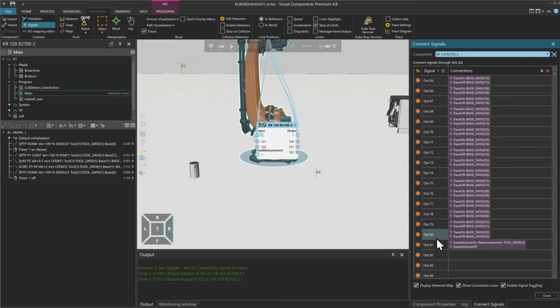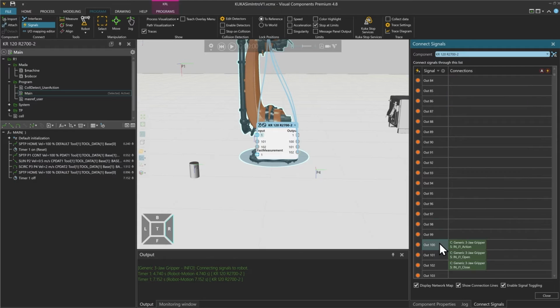And last but not least, the out 81 gives us the swept volume of the whole robot and the system. Then if we proceed, we still have the out 100 for the action of the generic gripper, and the out 101 is kind of the different signals, so open or close. These are predefined as we snap the robot to the gripper. Now let's use those signals.